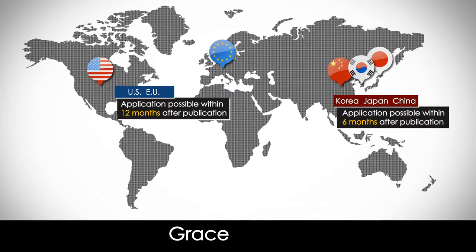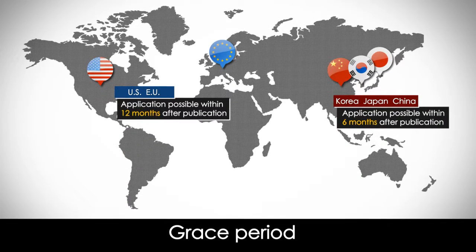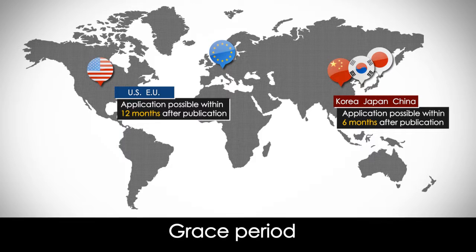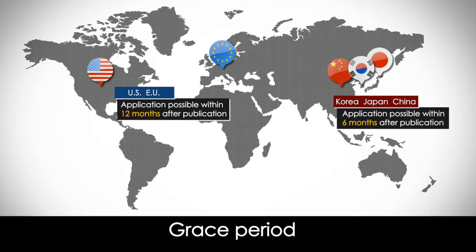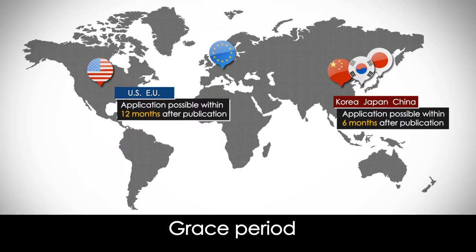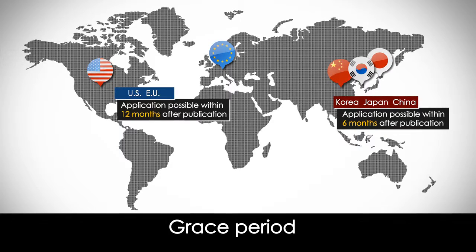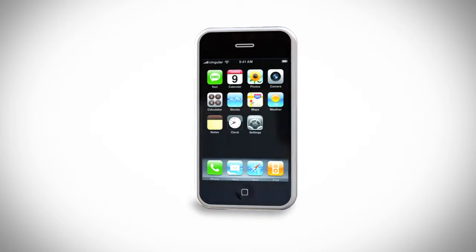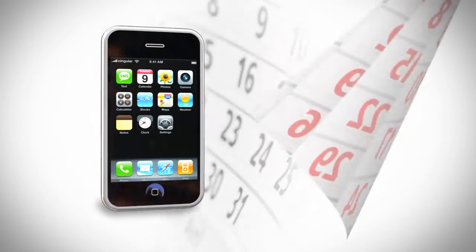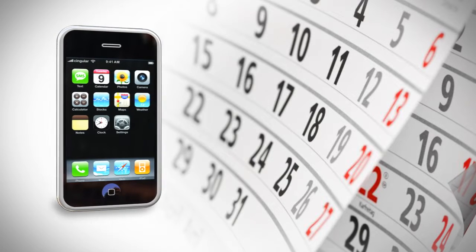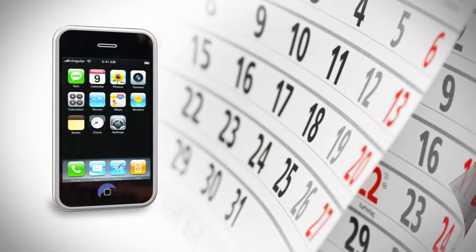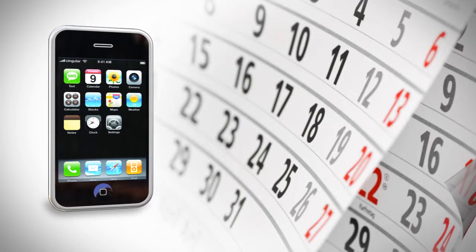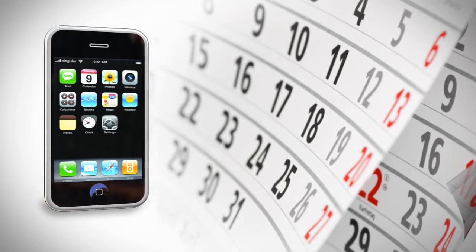The reason there is a grace period after publication is to minimize the potential harm that may be caused by the owner of the design rights disclosing the design in an unavoidable situation. Apple, who created a great sensation with the iPhone design, missed the grace period of the application and was faced with the difficult situation of the invalidation of their design application.